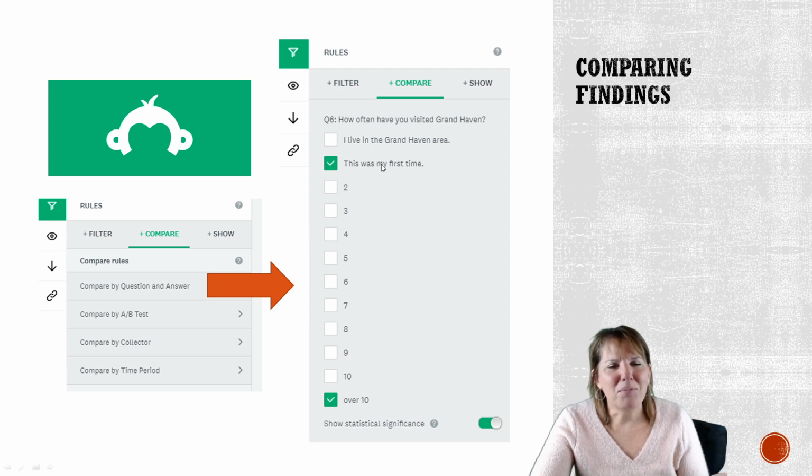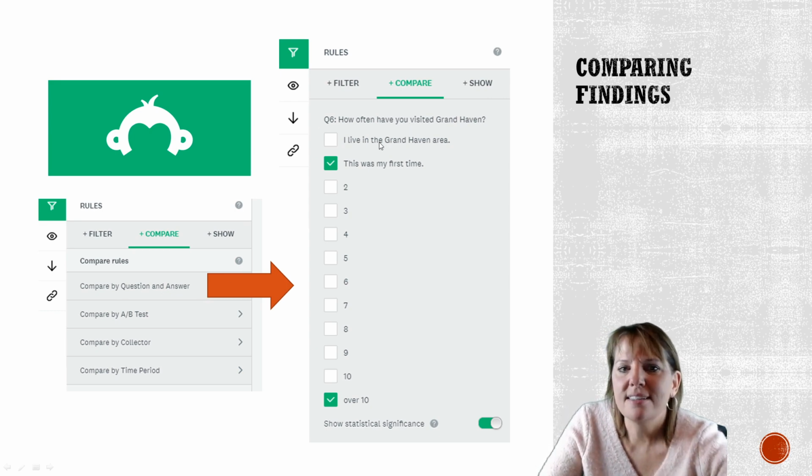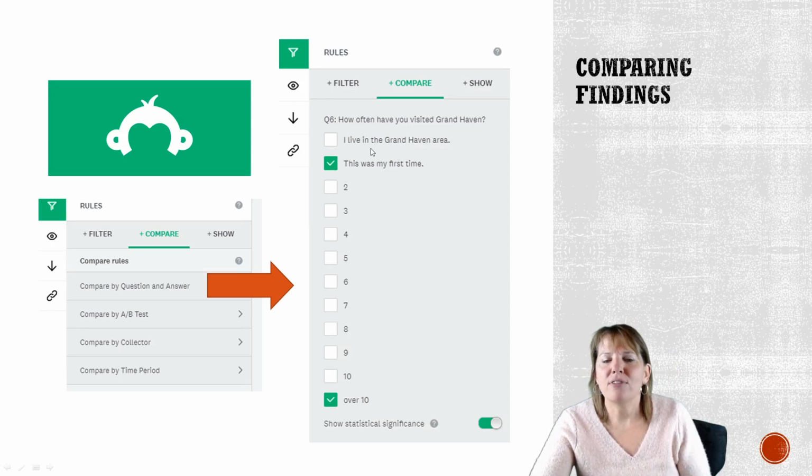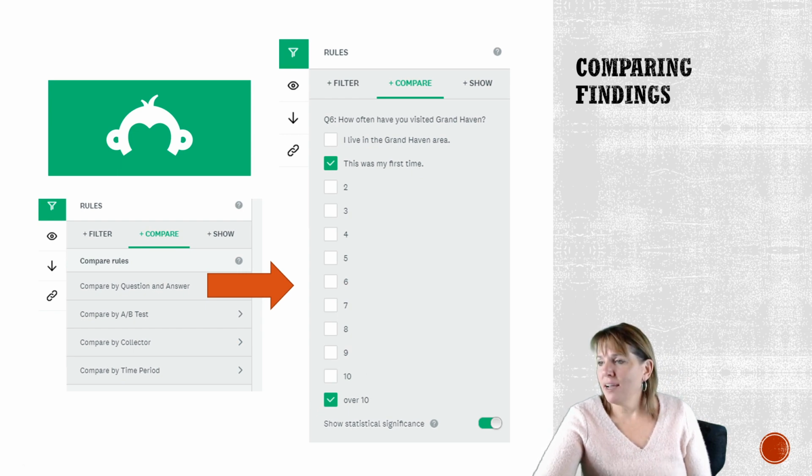And I always have an objective when I do studies about travel behavior to look at people who are first-time visitors and people who have been here more than once. But in this case, I just wanted to look at first-timers compared to long-timers, meaning people who have been here over 10 times. The data set was big enough that I had the ability to do that. So you can see the question I wanted to use was question 6. I then took question 6 and I looked at people who do not live in the area. I want to know it's their first time visiting Grand Haven, and then people who've been frequent visitors to the area. And so what I did was just click on those 2 buttons,